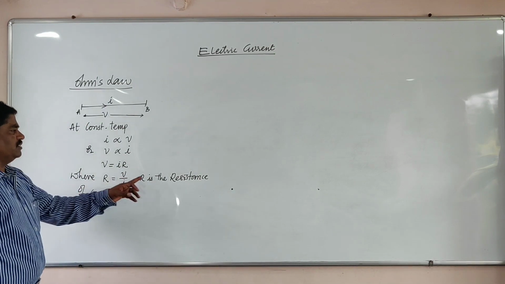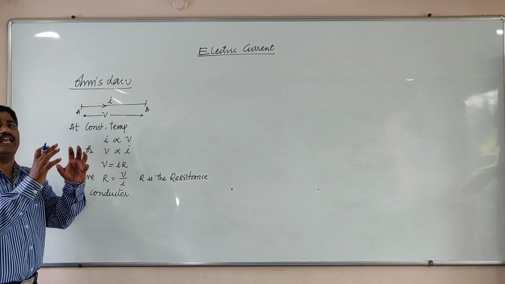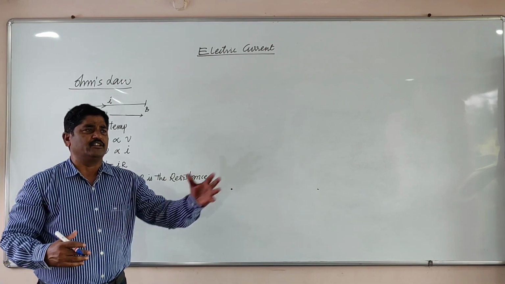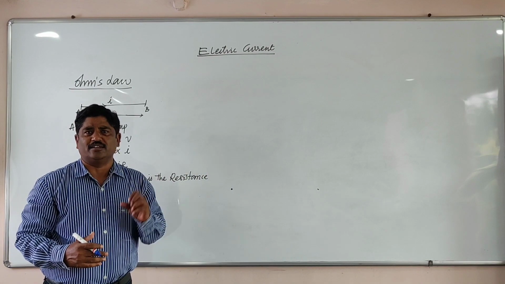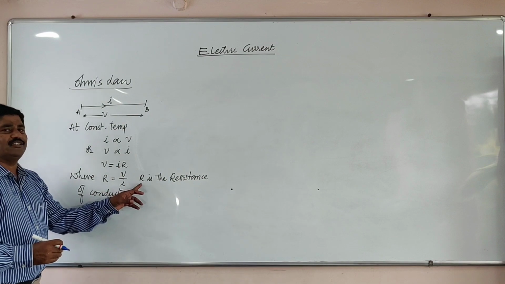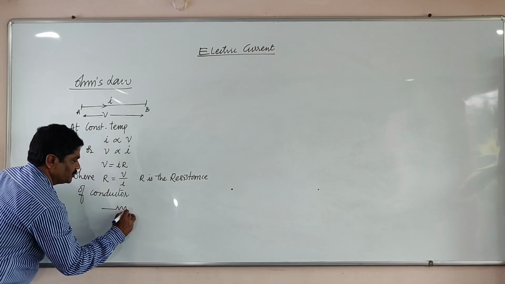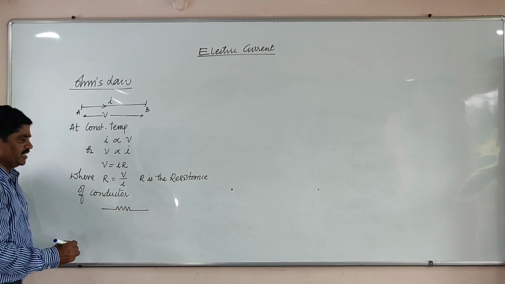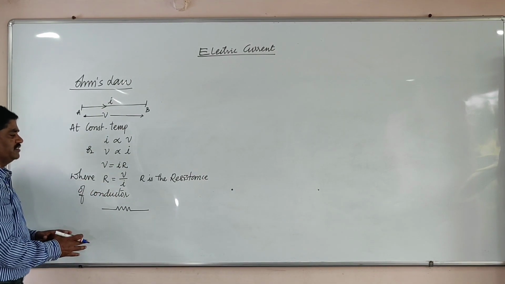This resistance of the conductor can also be defined as what? It is the controlling of the flow of electrons. Vehicles go with tremendous speed on the road. What happens? To control their speed, we construct speed breakers on the road. Similarly, the speed breaker is nothing but the resistance of the conductor. Hence its symbol is mentioned like this. This is the symbol of resistance. It controls the flow of electrons in the circuit.